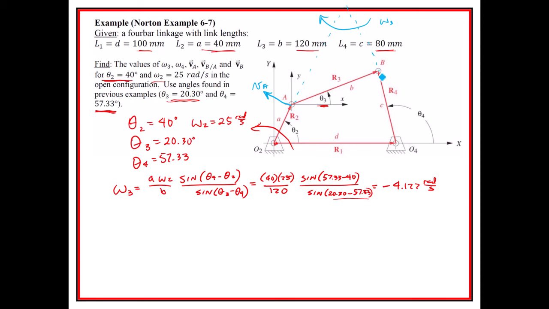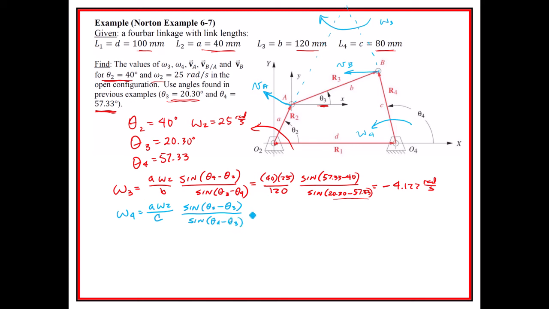While we're here, we might want to also say that we have VB right here, and that's going to predict that we have omega 4 right there. And that omega 4 is going to be equal to A times omega 2 over C times the sine of theta 2 minus theta 3